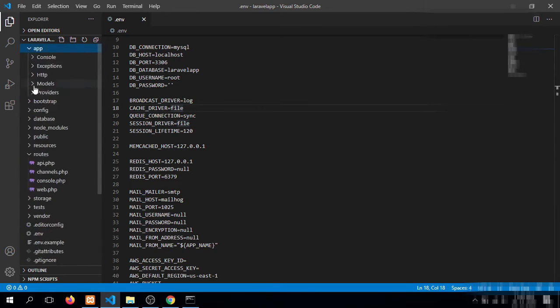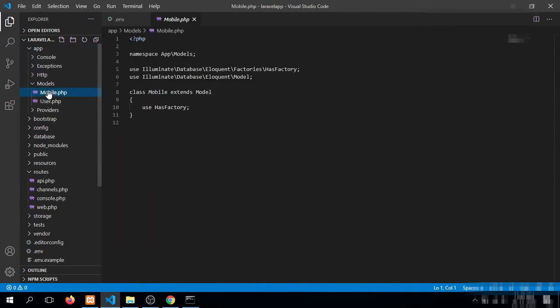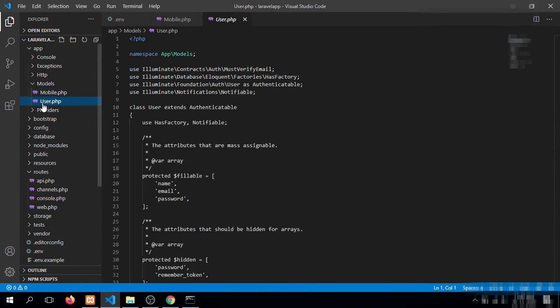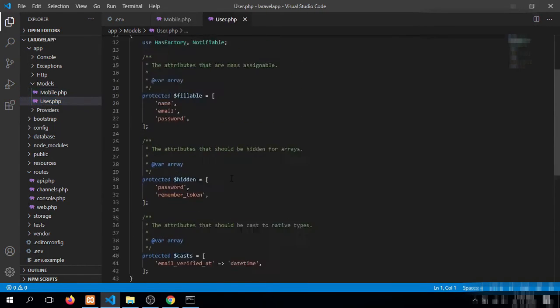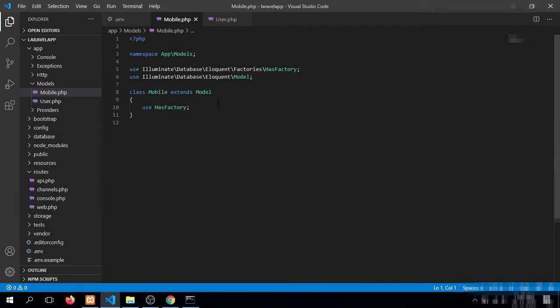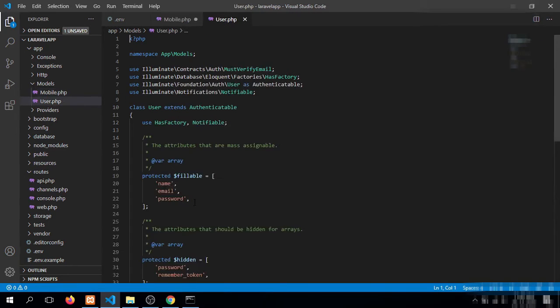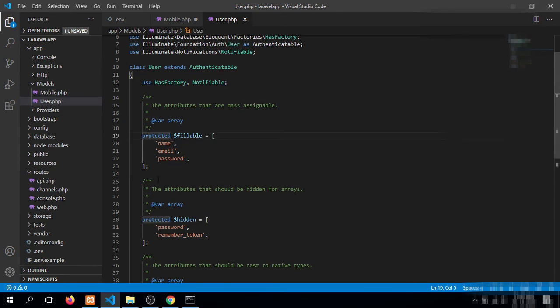We will go to app, models and mobile. Here we will add this statement, which will refer to our table name, and we have two more features.